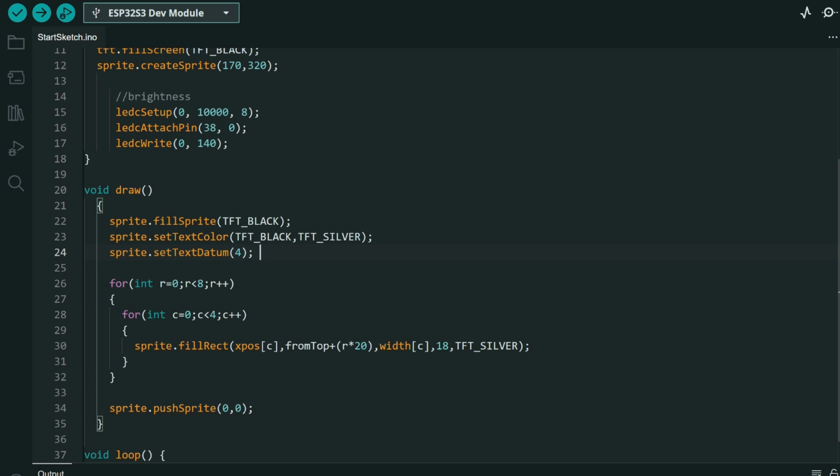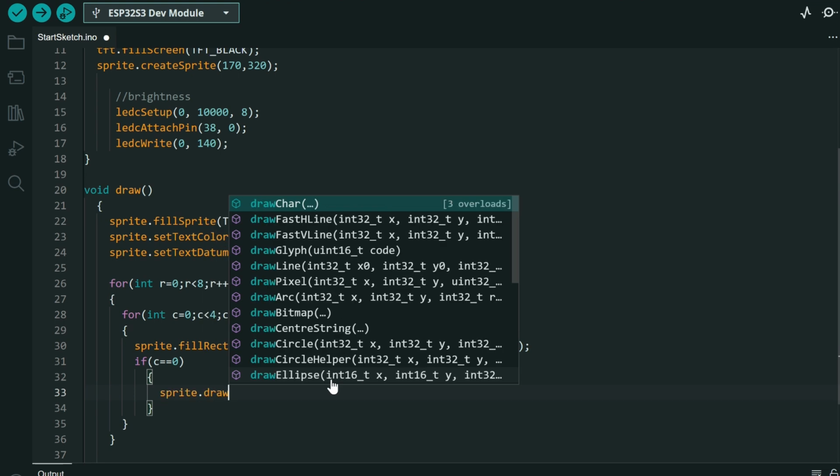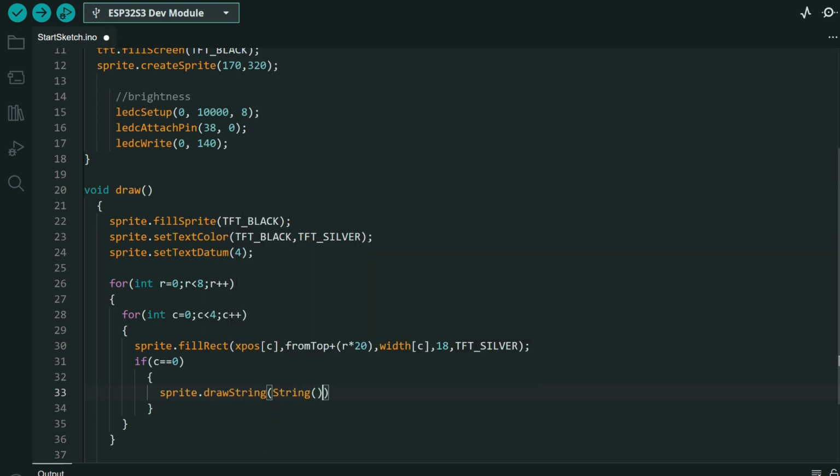So our coordinate will be the middle of this box, but we want to draw a number only in the first column. So if c is equal to 0, we need to convert this integer to a string. We will use r plus 1. If we put only r, it will also print that starting 0. So r plus 1, and the coordinate will be